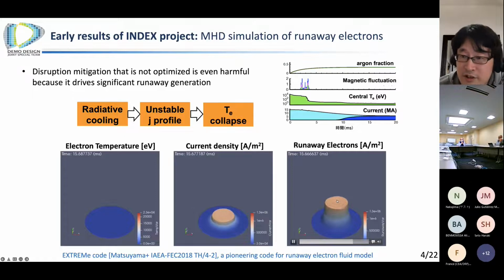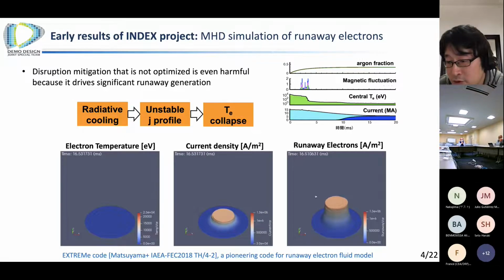If you have a vertical displacement of such a beam, the impact of such runaway electrons may cause a significant energy load to the in-vessel components or the plasma facing components. So the message is that disruption mitigation must be optimized well to avoid such an event, but we still need to introduce the impurity in order to control other loads such as the plasma thermal load and also the load associated with electromagnetic energy, such as the plasma current and the halo current.